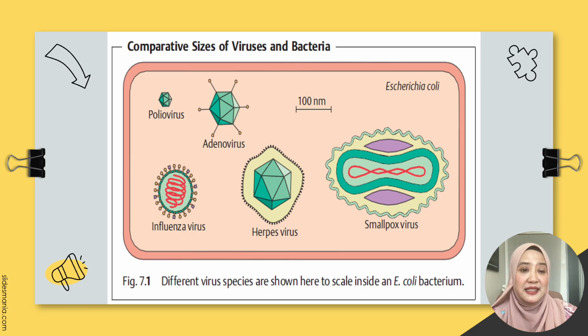To put things into perspective, this particular figure summarizes the comparative sizes of viruses versus bacteria. So in this figure, there is one bacilli. It could be E. coli, and you know E. coli are very, very small beings, but inside it, you can see diagrammatically, you can actually place lots and lots of viruses inside it. As I mentioned just now, viruses range between 20 to 300 nanometers, and you can see that smallpox is considered big. That's considered 300 nanometers. So if you compare that to E. coli, you can understand that viruses are in fact really, really tiny organisms.